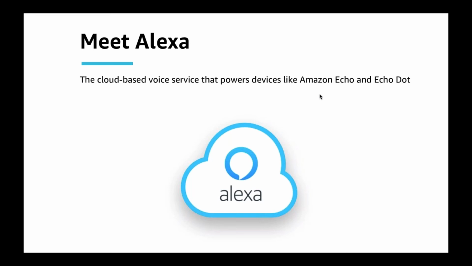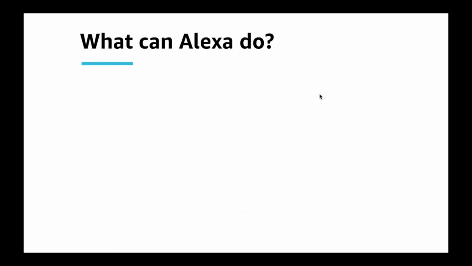So all of these devices are powered by what we call Alexa, which is the cloud-based voice service that is powering all of these devices. So if you think about it, Echo was really the first endpoint to the service. And now we have started adding more devices to it. But all of the intelligence, the speech recognition, understanding what the user said is all happening in the cloud. And since it's living in the cloud, it's obviously getting smarter. It's learning from your speech preferences, from your accents, and it continues to get better at that.